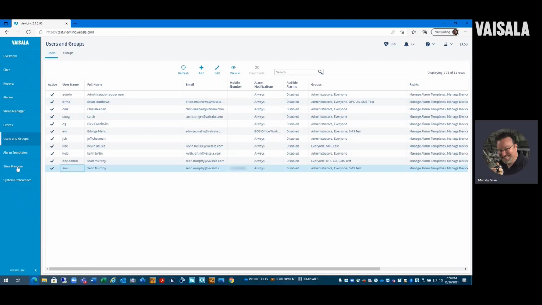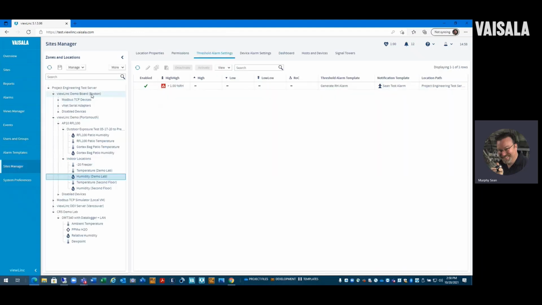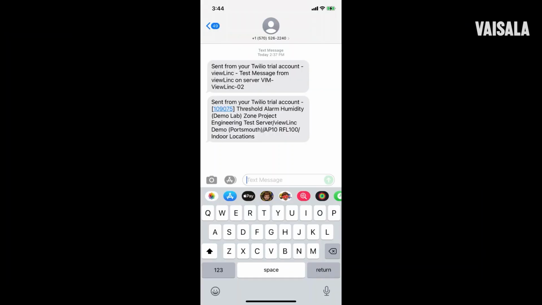And I also, at the same time, got a text message that showed up on my cell phone that basically gave the same information the telephone call had. A little bit truncated, doesn't give the entire details, simply because text messages are limited in the amount of characters that you can have. But as you heard from the voice message, it gives you basically the whole directory tree all the way down to the sensor, and tells you what the value was and what the threshold alarm was.